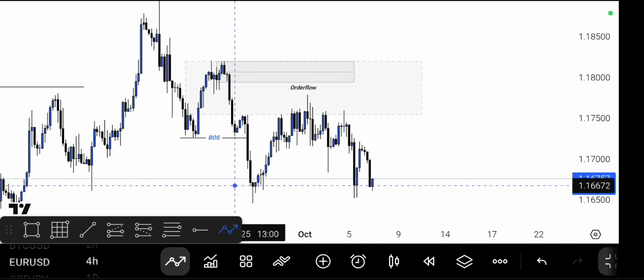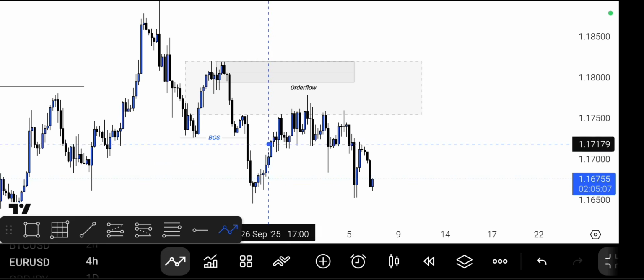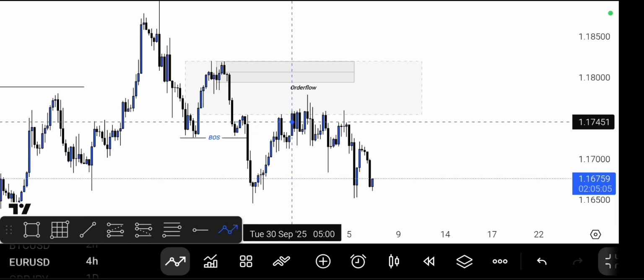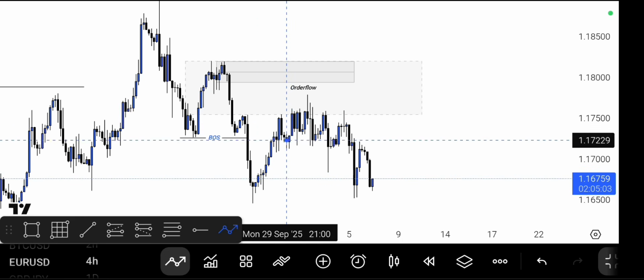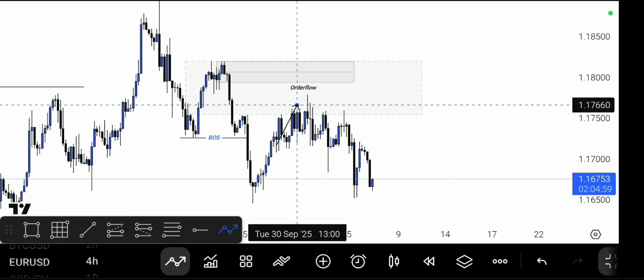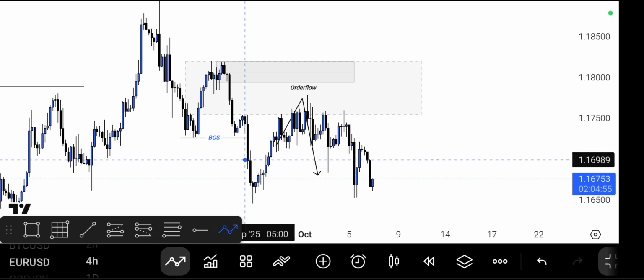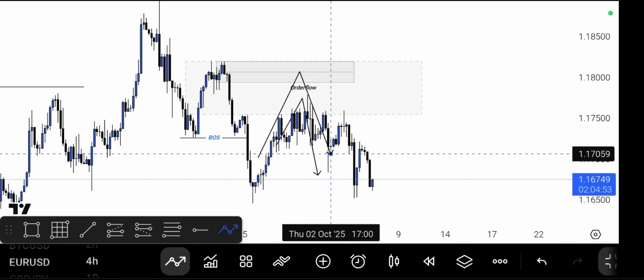So as of last week, I was trading bullish. From here I was trading bullish. I'm going to send the screenshots after this video. So I was trading bullish. It's either the market taps into the order flow and sells, or the market taps into the order block and sells. Either way,